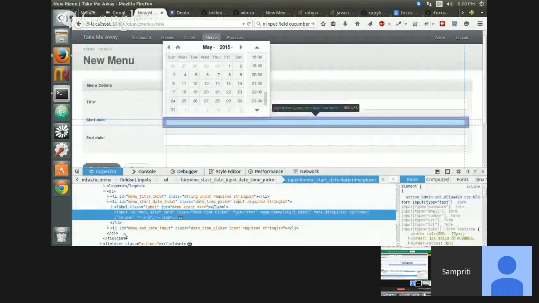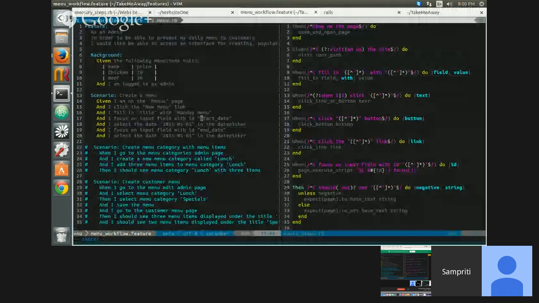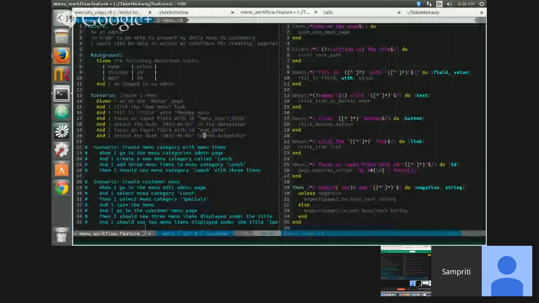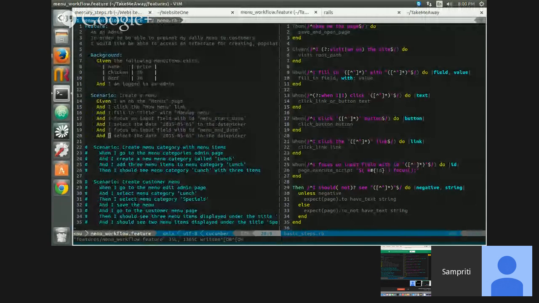There is menu started and then is... see the